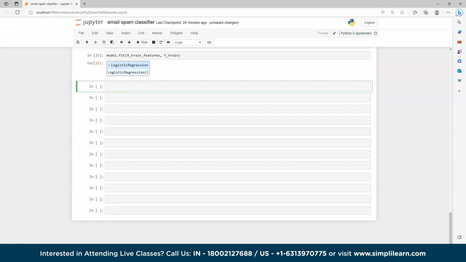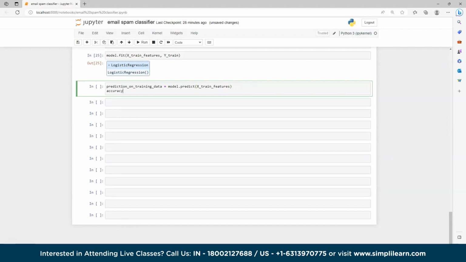So moving forward, we will do the evaluating of the trained model and the prediction on the training data. For that I will write here prediction on training data equals model.predict(X_train features). Okay, then I will write here accuracy